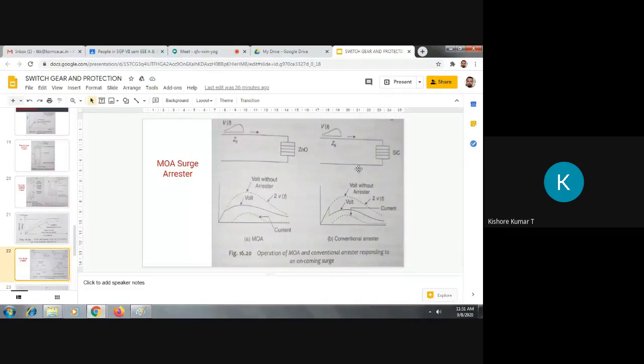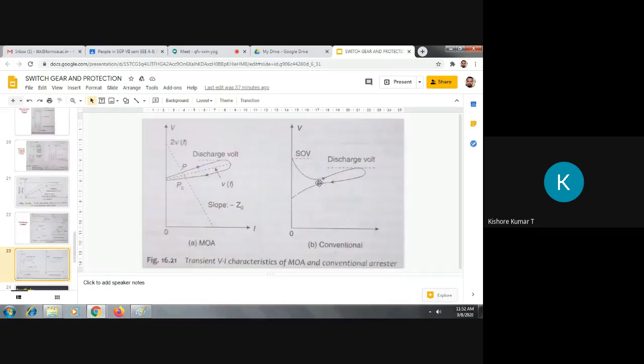So this is how a metal oxide lightning arrestor is going to work more efficiently than a conventional lightning arrestor. మెటల్ ఆక్సైడ్ లైట్నింగ్ అరెస్టర్స్ లో మేజర్ గా యూజ్ చేసేది నాన్ లీనియర్ క్యారెక్టరిస్టిక్స్ ఎగ్జిబిట్ చేయడానికి జింక్ ఆక్సైడ్ ఆర్ సిలికాన్ కార్బైడ్, SiC ఆర్ జింక్ ఆక్సైడ్. Okay, fine. Coming to the next slide, you can see here